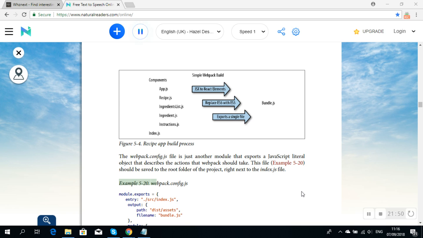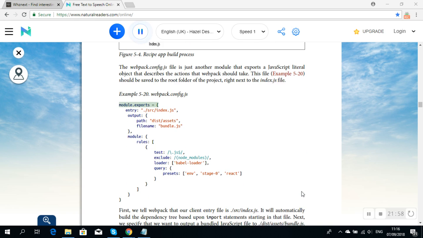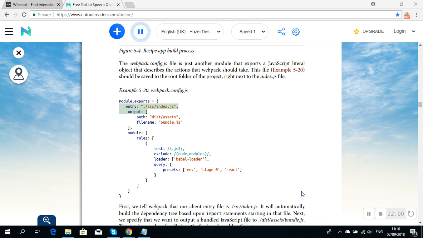Example 5-20. webpack.config.js. module.exports = { entry: "./src/index.js", output: { path: "dist/assets", filename: "bundle.js" },